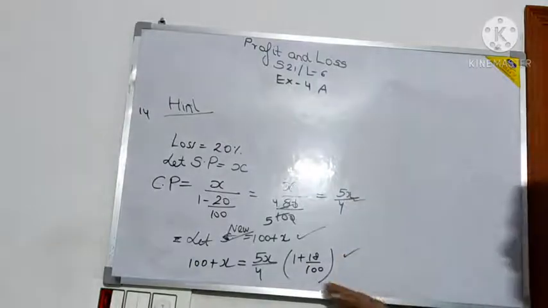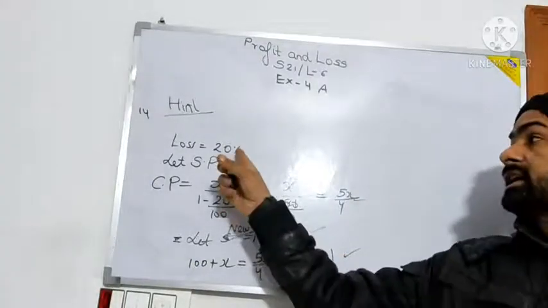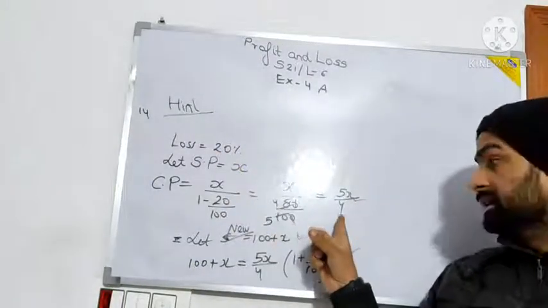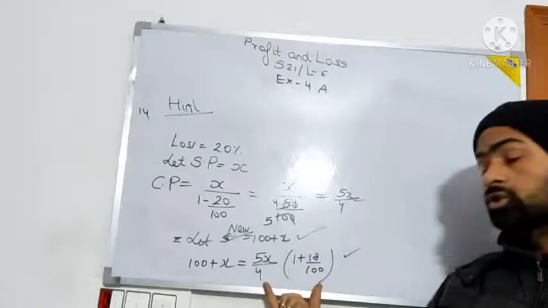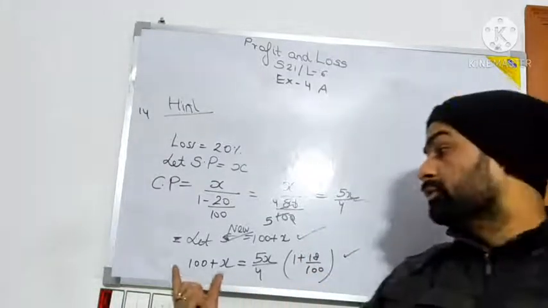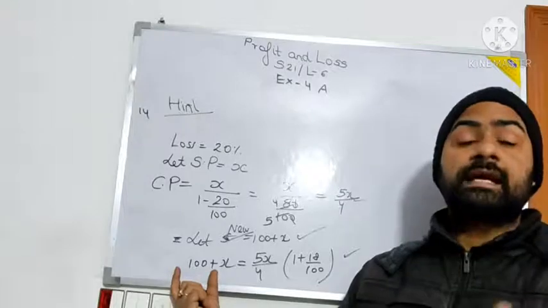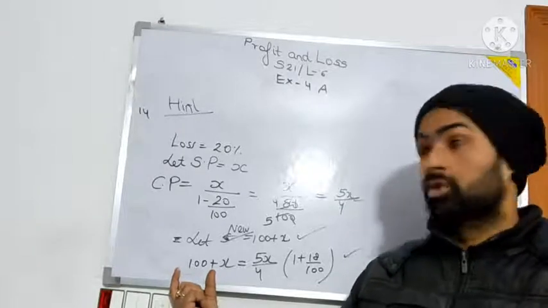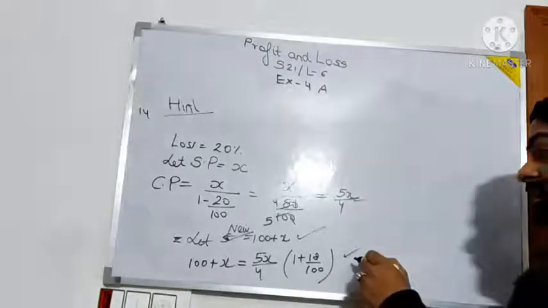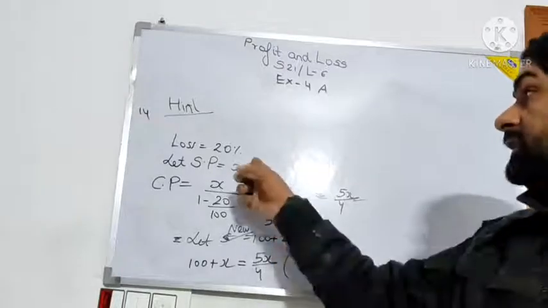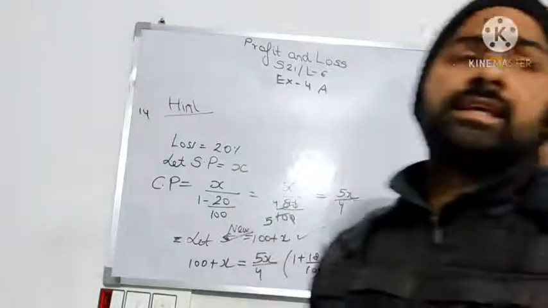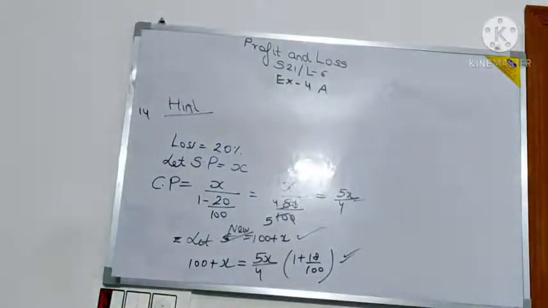So with this 18% as the desired profit, with that X and loss percent you get some CP, and with that CP you put in this value. So whatever SP will come, that you equate to the question saying had he sold it for rupees 100 more, so 100 plus X. You will get a simple value of X with the SP and you can get the CP. There can be different methods of solving it, but you can use this method.